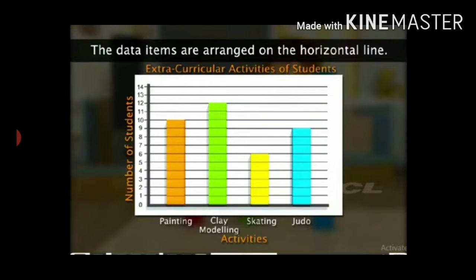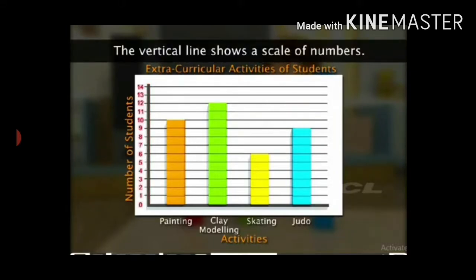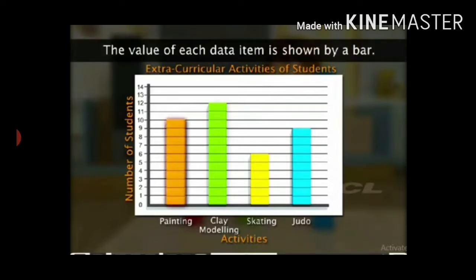In this bar graph, the data items are activities such as painting, clay modeling, skating, and judo. The vertical line shows the scale of numbers. The values of data items are read on this scale. The value of each data item is shown by a bar. The height of the bar on the scale shows the actual value of a data item.